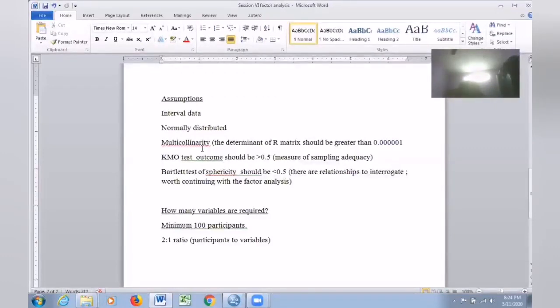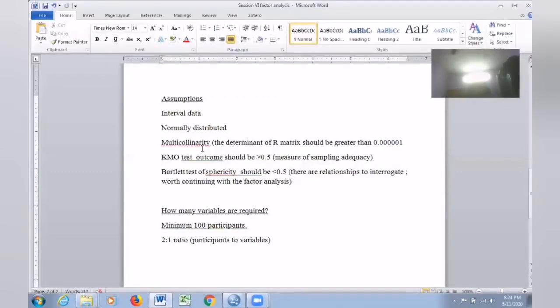You can do factor analysis. Then you should go for one more test called Bartlett's test of sphericity. Fine. This particular test tells you whether there is a sufficient quantum of relationship that exists among the variables so that it is worth continuing the factor analysis.